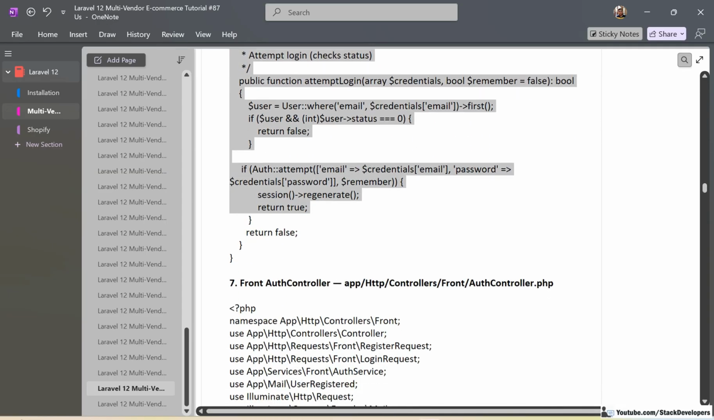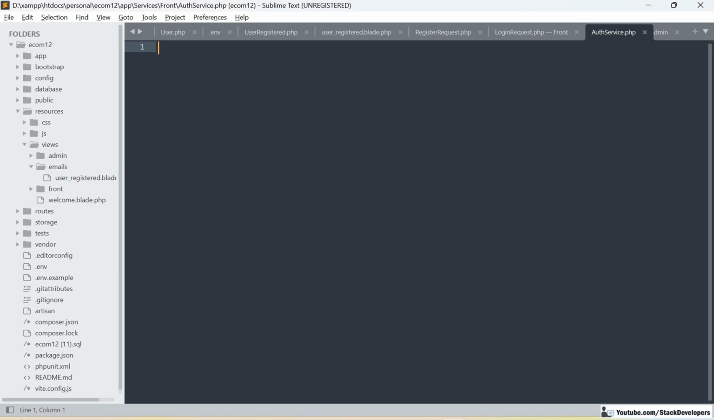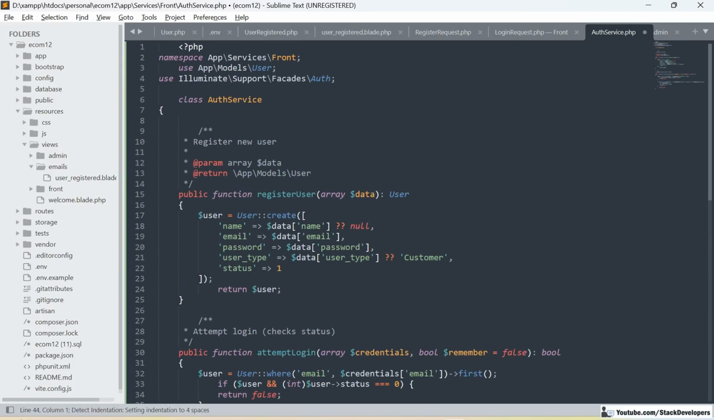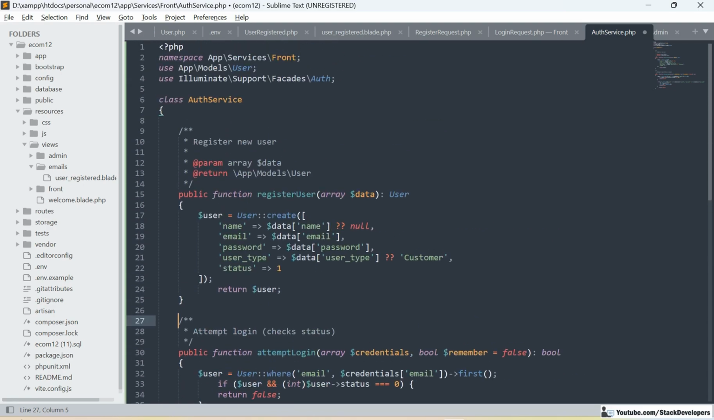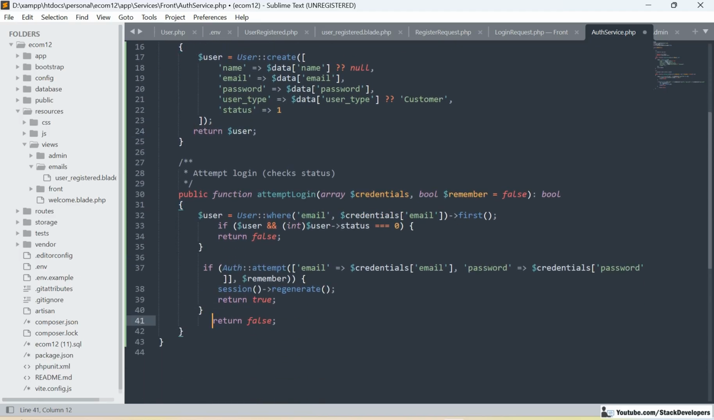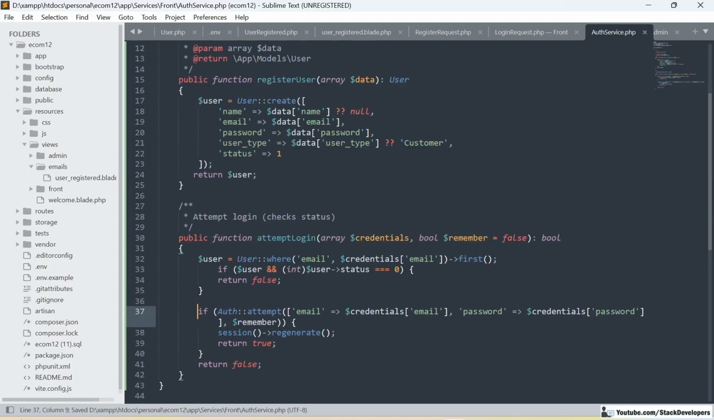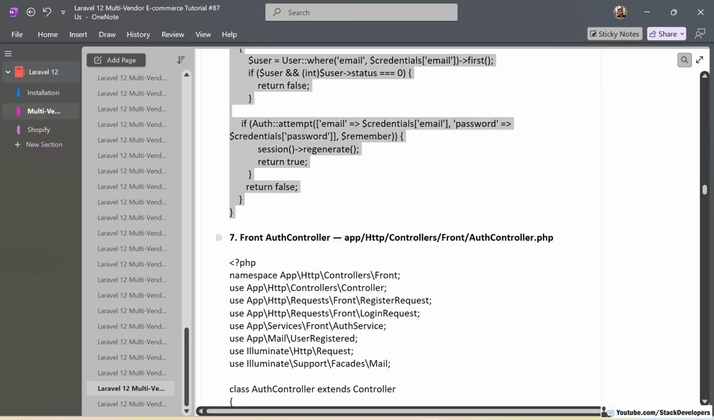Like inserting the user into the table. That code we are going to add inside the register user function here in this file. The same way we will add the function to log in the user as well. Okay, so after this